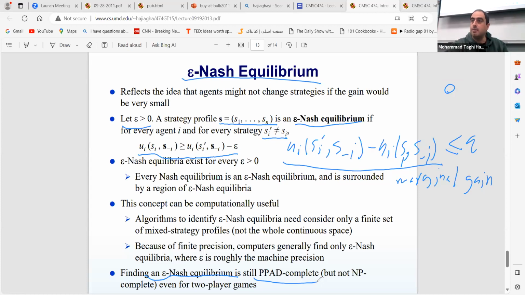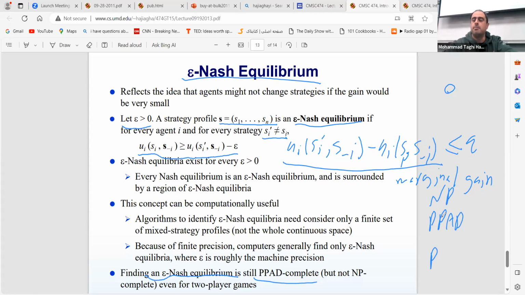And that we discussed, PPAD-complete is not NP-complete, and we have something like P here, PPAD here, and then NP here. Potentially all of them can be equal, we don't know, but currently the one that we have, PPAD, is something between P and NP. We will talk about it hopefully a bit later about PPAD